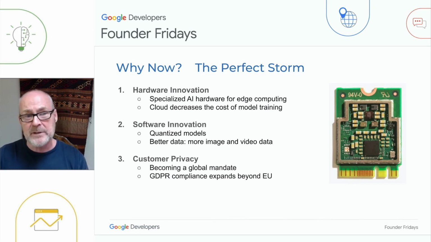The second phenomenon that contributes to the perfect storm is software innovation. With the machine learning models that we use at BlueZoo, fine-grained quantized models are practical. And training a model with huge volumes of video is also practical. The cost is no longer unreasonable to bring in thousands of hours of video to train our machine learning models.